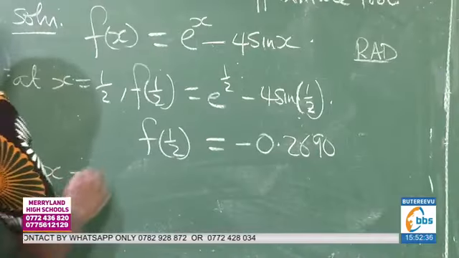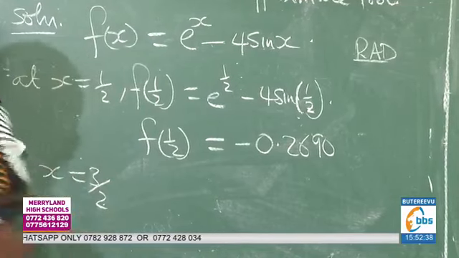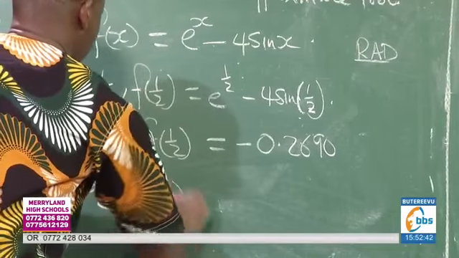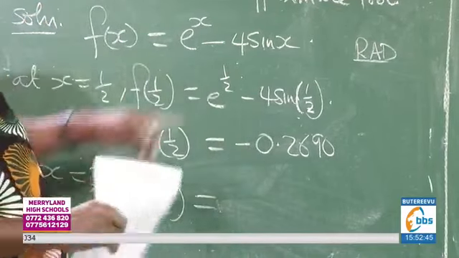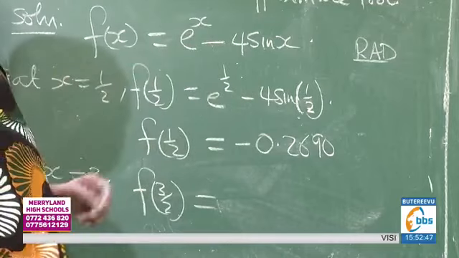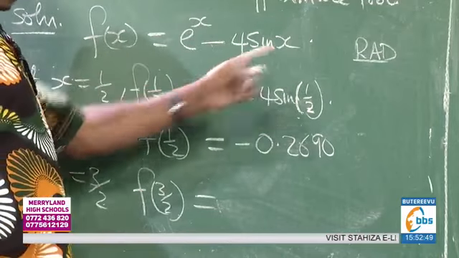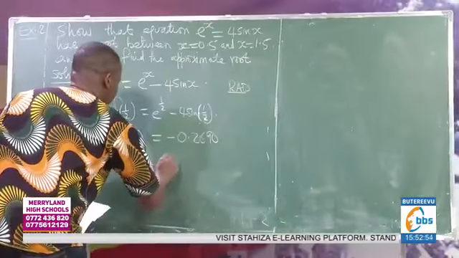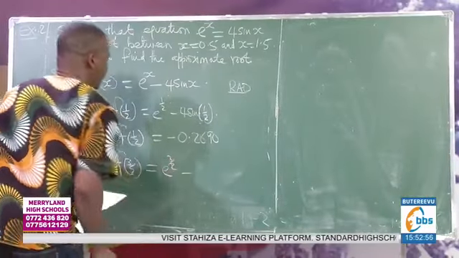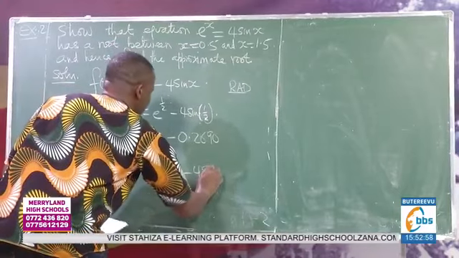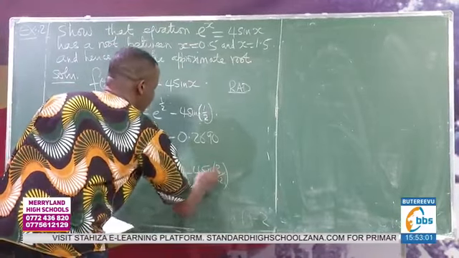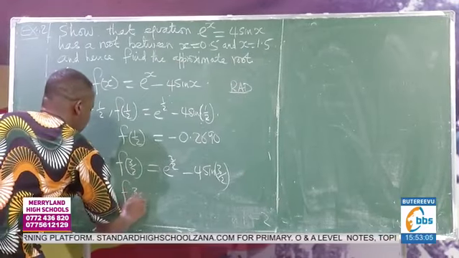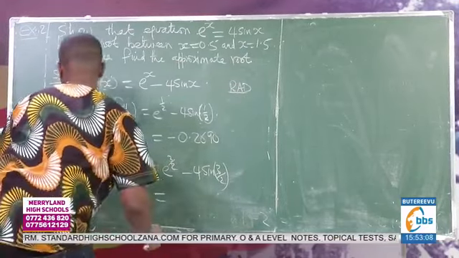At x as 1.5, which we can write as 3 over 2, we will again put f of 3 over 2. The technique here was arranging the function like this, and then knowing that you must use radians. F of 3 over 2 will be e to the 3 over 2 minus 4 times the sine again of 3 over 2. Ensure that your calculator is in radians, and this time f of 3 over 2 will give you a value of